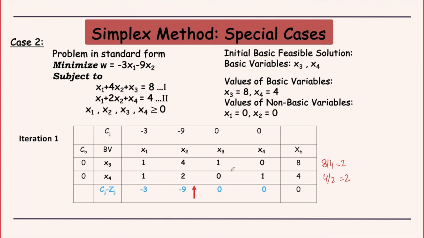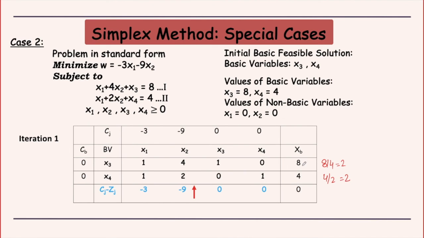Now in this case, whichever I choose to depart, suppose I choose this one to depart, then this has to be made 1. So for that I am going to divide this whole row by 2, and then I will make a 0 here. And if I decide this to leave, then I have to divide the whole row by 4, and then I have to make this place 0. Now whatever I decide to do, since the minimum ratios 8 by 2 and 4 by 2 are the same,